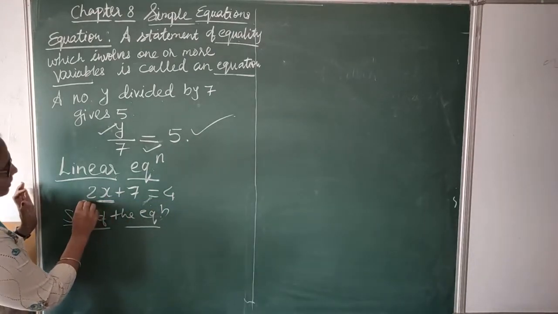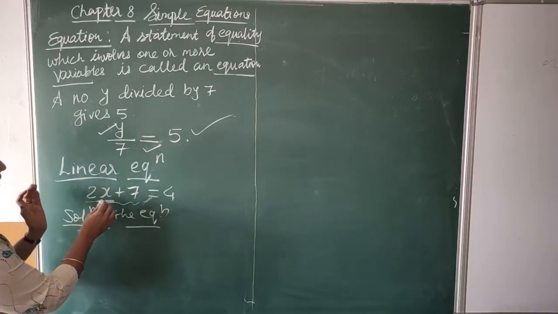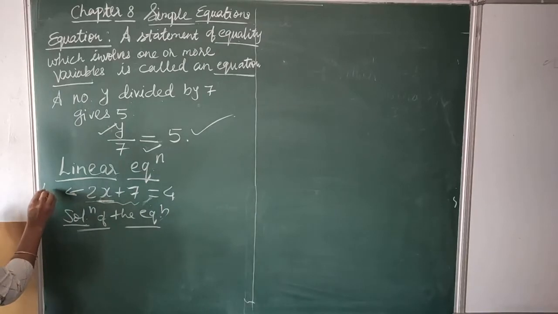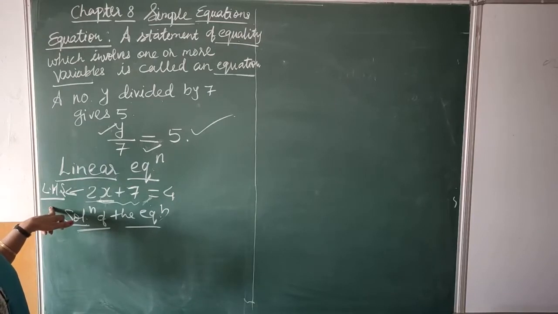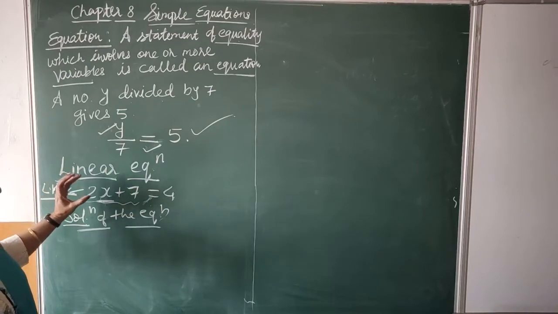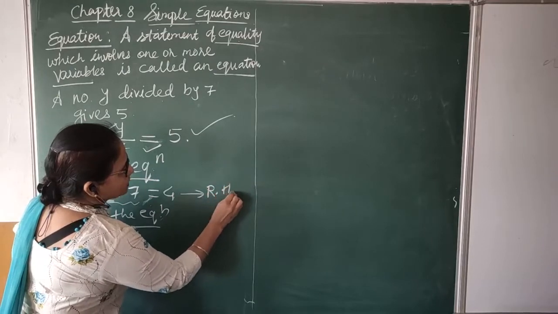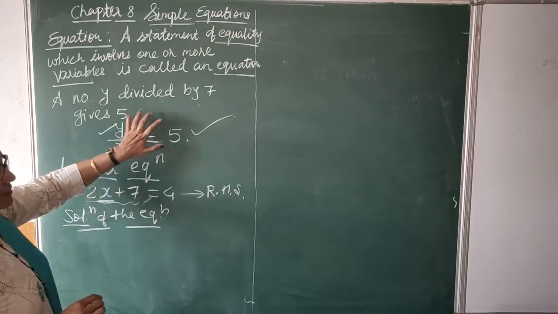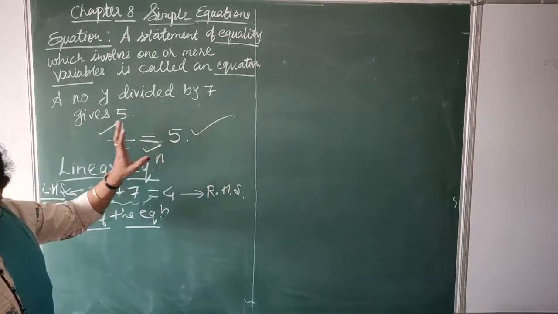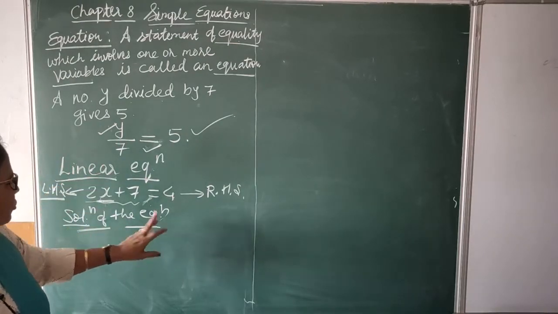You know children, the expression which is written before equal to sign is called as left hand side, or in short you can say LHS. Okay, got it? And the expression and the terms which is written after equal to sign is called as RHS, means right hand side. So this is your left hand side terms, and this is your right hand side. Okay, so this is clear to you. Now let's see what is meant by solution of the equation.